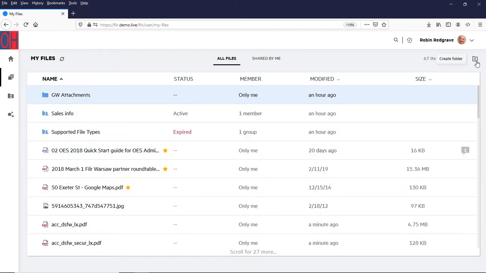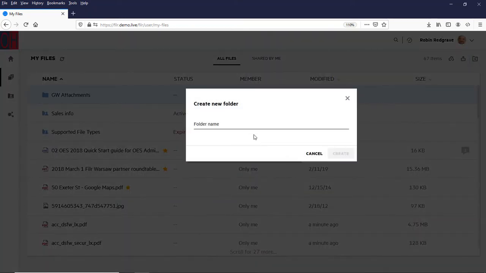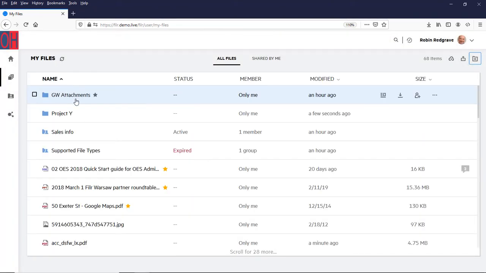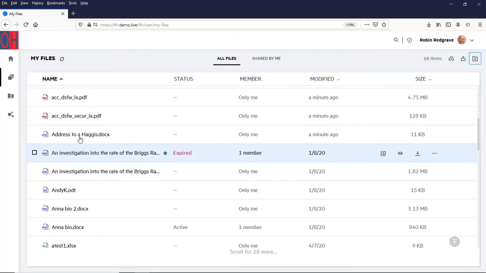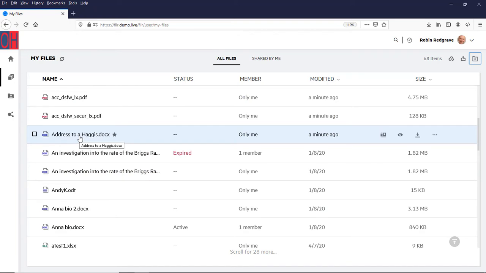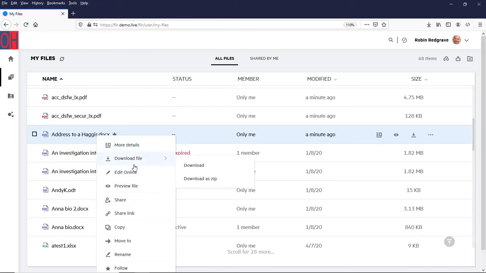You can see I've got the option up here to create a folder. I just need to give it a name, so let's just call this Project Y, and do create, and I then have that folder quite happily in here. Let's just take that file I uploaded a moment ago, addressed to Haggis. I can edit this file, so if I right click on this item, I've got the option to edit it